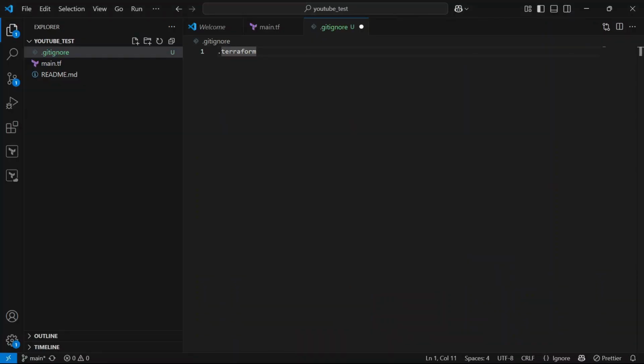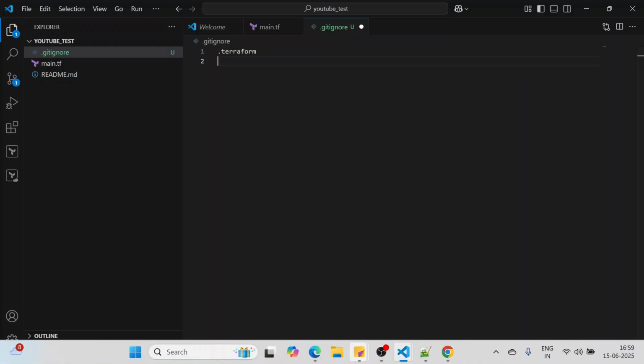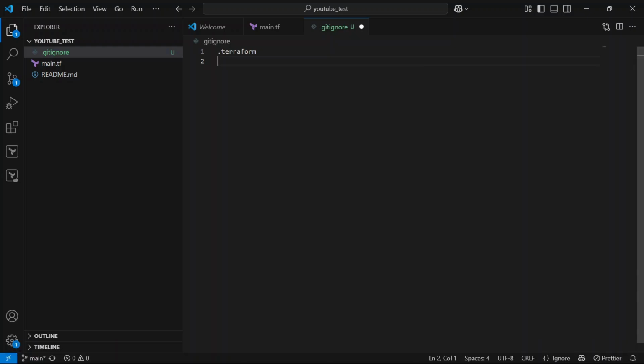So we must tell Git to avoid committing the files which start with .terraform, and log files. What other files do we have here?